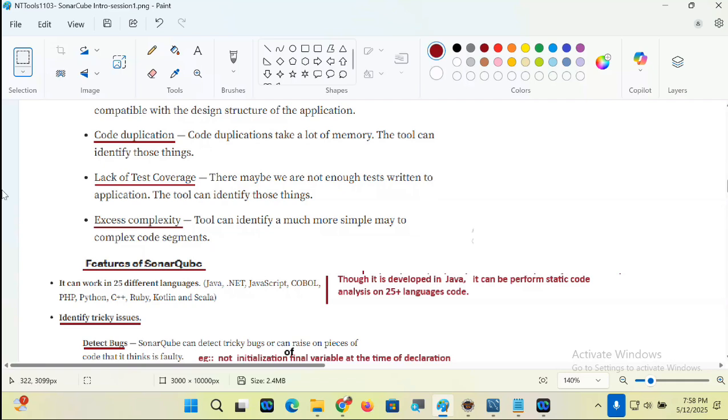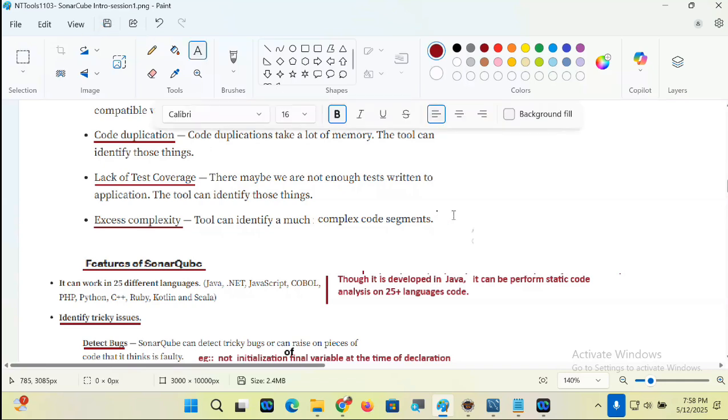This is not sounding good, guys, I'll simplify it. For example, I said method chaining. X is calling Y, Y is calling Z, Z is calling A. Why are you making it complex? Directly call it. That should sound great or not, guys?